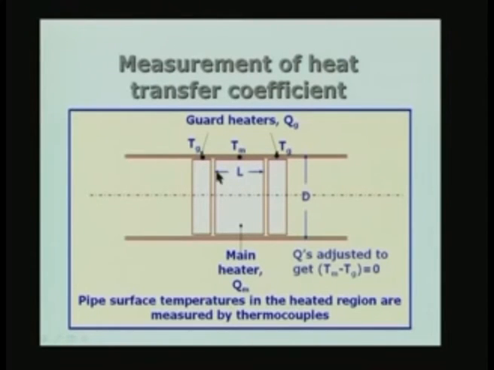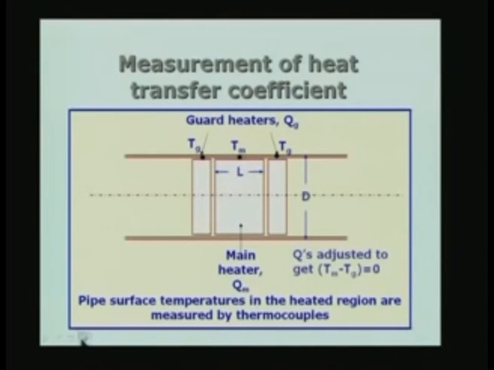Now, you realize that all the heat which is supplied to the main heater must leave the surface of the pipe. All the heat which is being sent here must leave the surface of the cylinder or the surface of the pipe. Therefore, we know how much Q we are supplying in the form of electrical energy. We are measuring the temperature Tm. Of course, at the same time we are also going to measure the temperature of the ambient fluid which is flowing over this cylindrical surface, and again the principle is exactly the same as what we had in the earlier case. The Q divided by pi d multiplied by L.